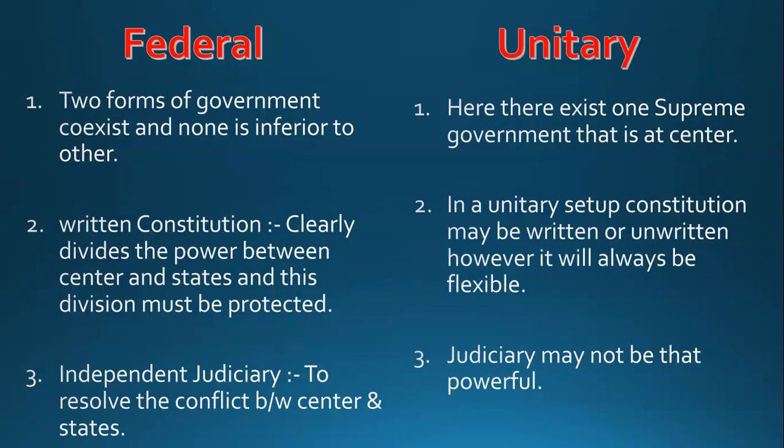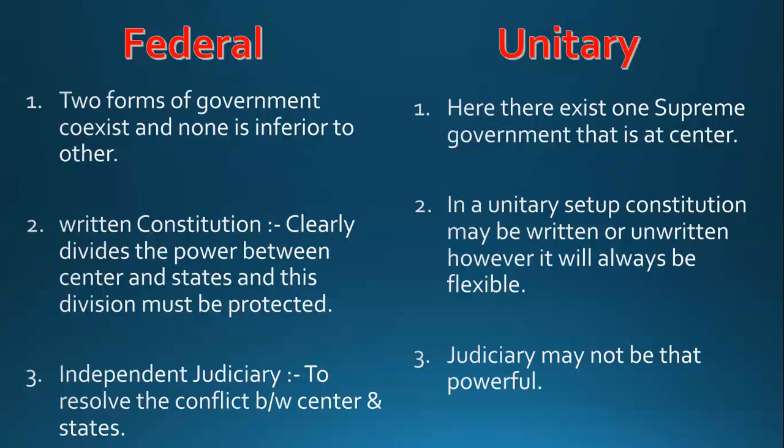And friends, even if there are state governments, these state governments are the administrative arms of the center. These state governments will work according to the directions given by the center. They are subordinate to the center. They are junior to the center. They do not have real power. They do not have discretionary powers. The center has power to punish them. The center will have power to remove them. So in a unitary setup, generally there exists only one supreme government, and that is at the center. Even if there are state governments, they are subordinate to the center and work according to its direction. They are not equal to the center. They are very inferior to the center.